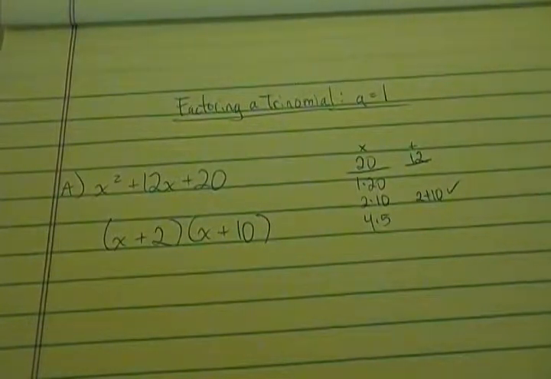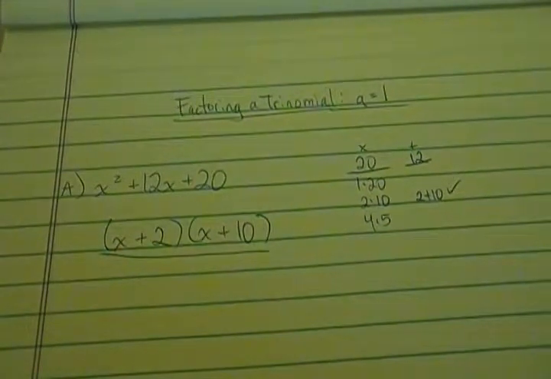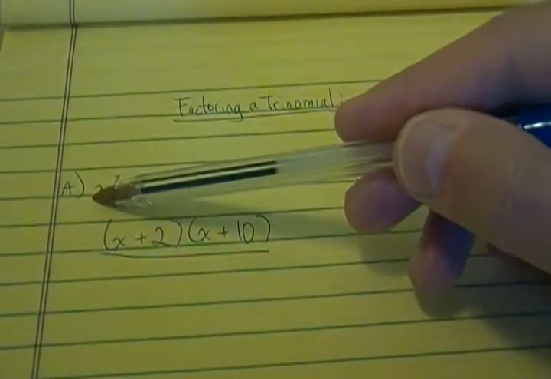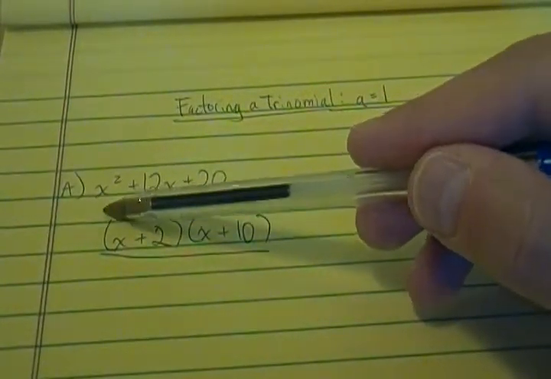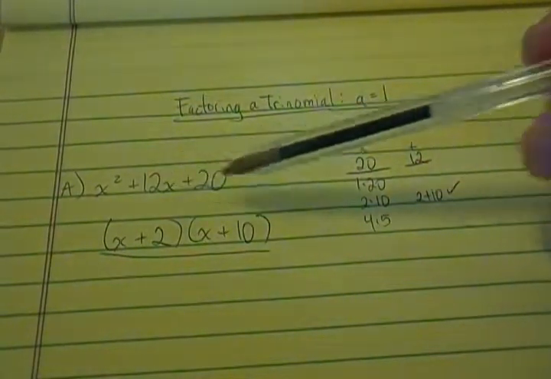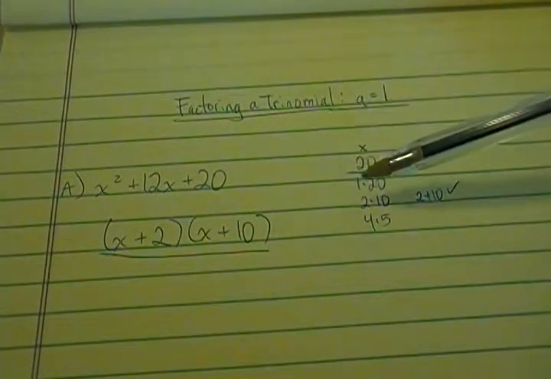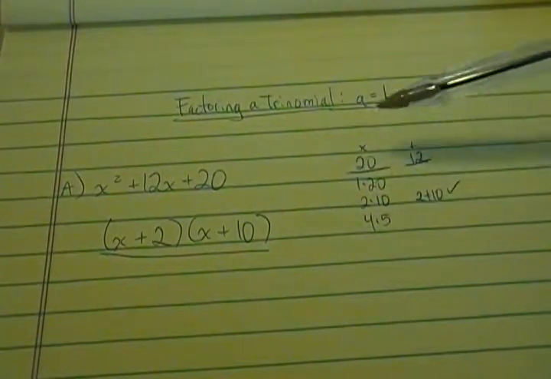As long as you have the correct numbers in the correct spots, you're going to have it. So that's our factoring of x squared minus 12x plus 20. The short way to do it is, if there's just no coefficient in front of the x squared, it's just a 1x squared, look for two numbers that multiply to equal 20 and add up to 12. And some of you can look at that and just do it in your head without having to make this list over here. And if you can do that, skip doing this list, just go ahead and write down the